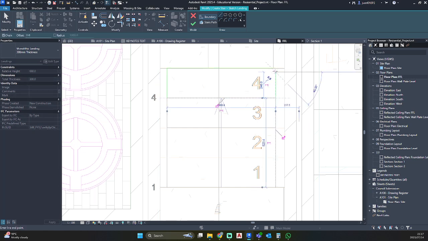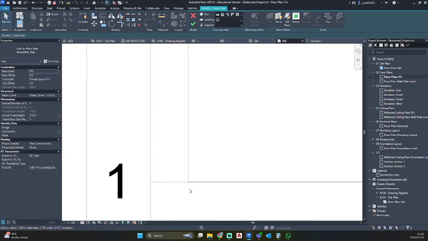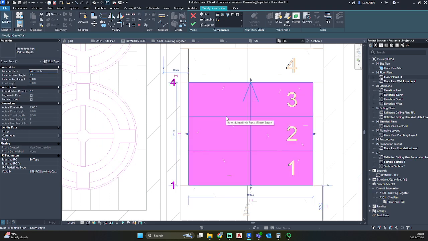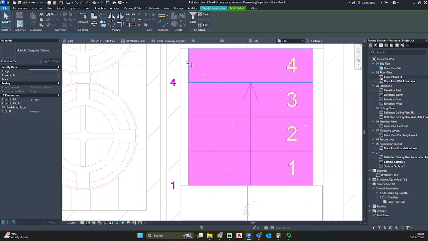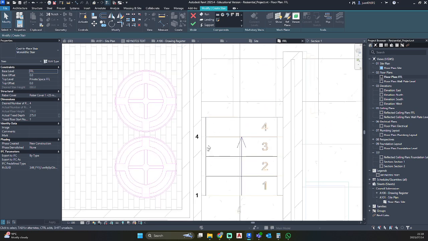It's going to draw this side. Trim and extend, and use my line tool to ensure that those connect. Just going to select this, hit MV on my keyboard and align it with my floor.